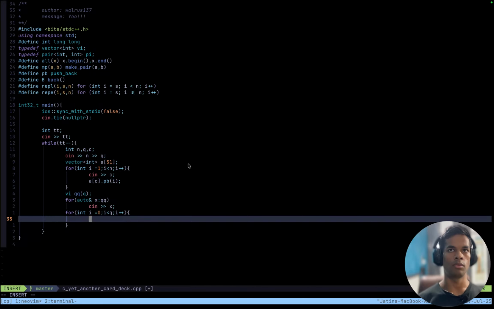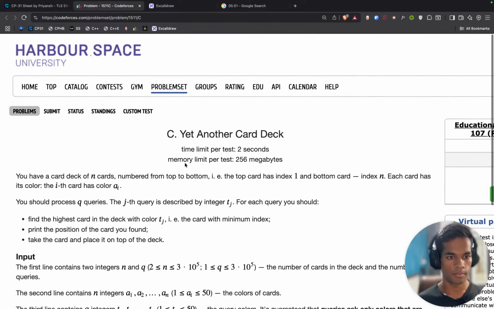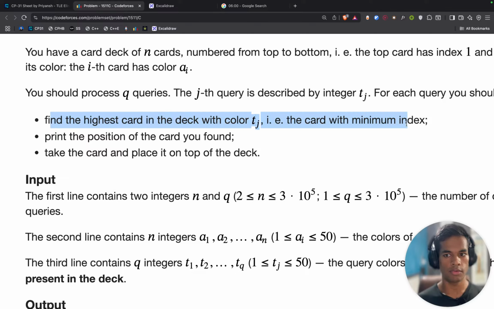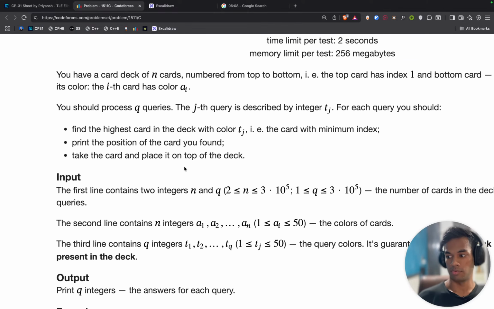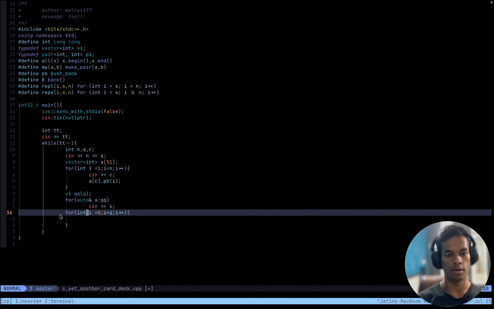Okay, so take, print the first position of the card you find: the highest card in the deck with color t_j, that is the card with the minimum index. Print the position of the card you find, take the card and place it on top, which changes the position of every other card by 1.